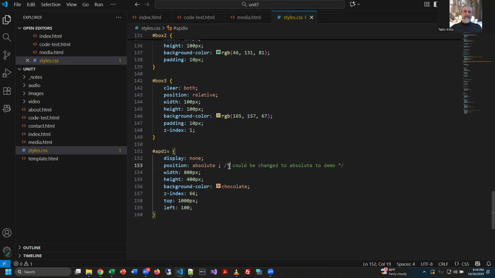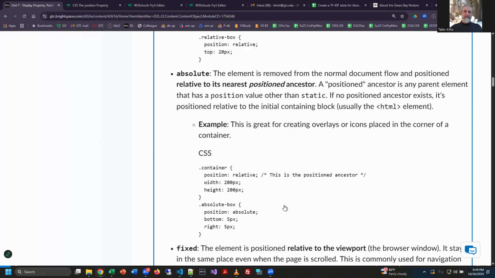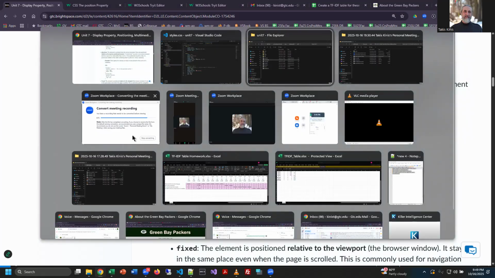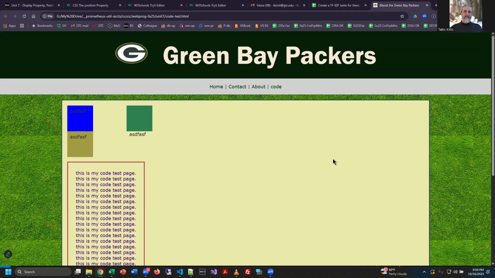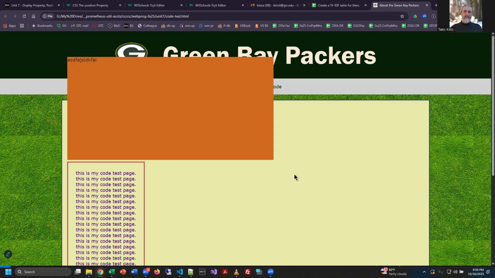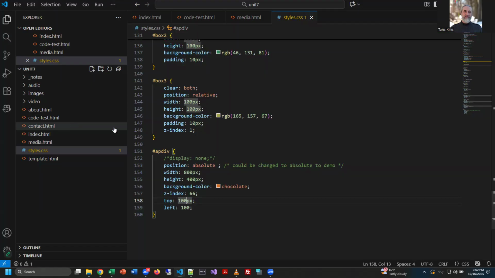And I did demonstrate here also the display none, because it was really good after I showed people how this worked to just completely get rid of it, frankly. So here I set up a position absolute, and originally I set the top to something smaller than this, but so top 100, left 100. It's got a Z index of 66, so it's going to sit in front of everything on the website. Let's take a really quick look at what that does here in the browser, if I can even find it. Let's refresh and notice, boom, it puts it right in front of your content, right in the way of everything. And because it's absolutely positioned,